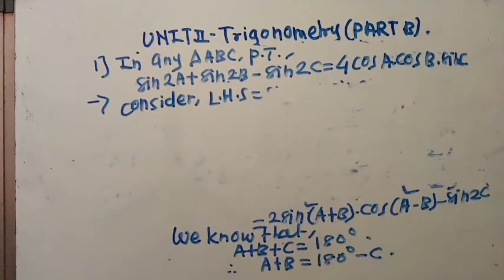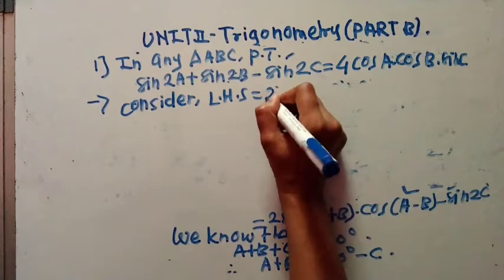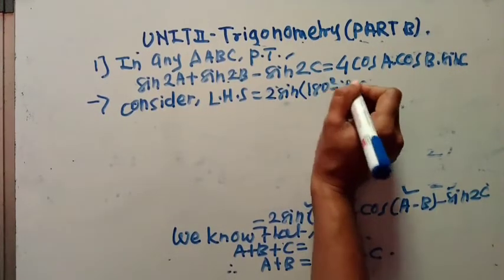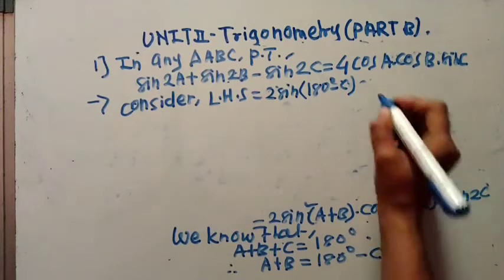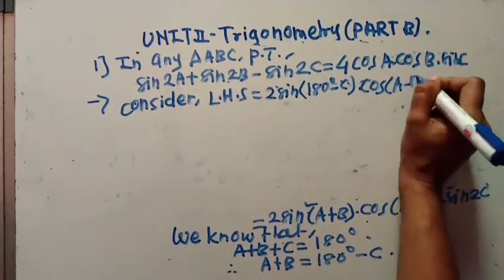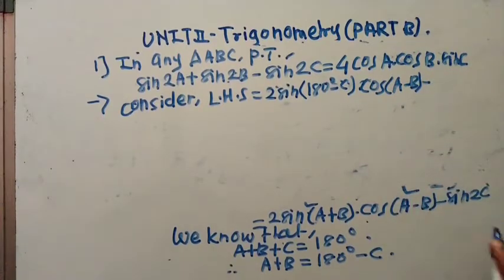A plus B we put 180: 2 sin (180 degree minus C) into cos (A minus B) minus, but sin 2C,